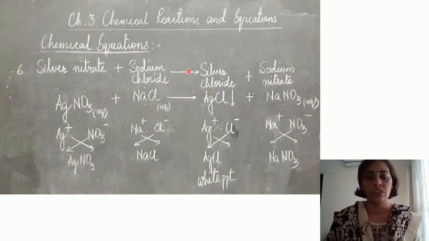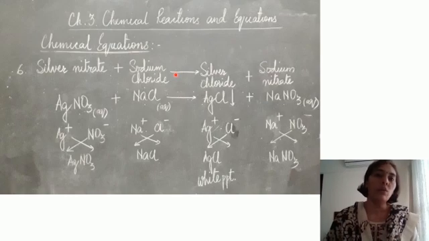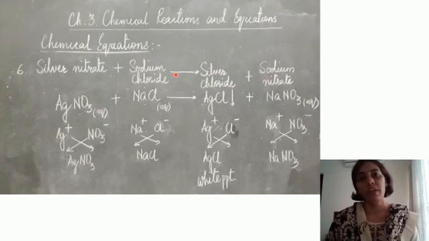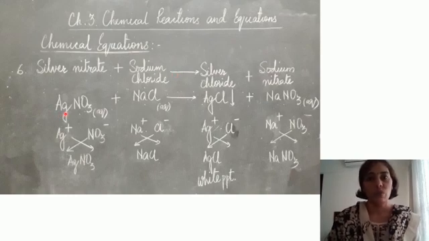Here in these equations, you have been given reactants and products both. But in exam, you will be given only the reactants. You have to find out what the products are. So how can we find it out? So here in this particular reaction, here we have one positive ion and one negative ion. Similarly, one positive ion and one negative ion. So when such is the case that the reactants have got one positive and one negative radical, and here also same thing, then there is just exchange of radicals.